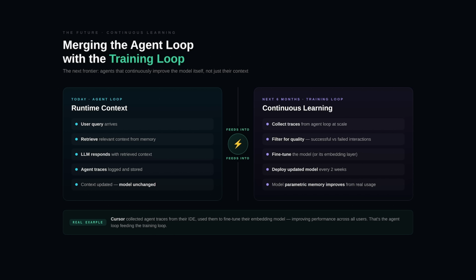You're more thinking, how do I get the right information out of this agent loop that I can then pass into my training loop of the actual model, and I could then replace it maybe 2 weeks down the line, because now I've retrained this model and the core latent memory aspect of it that allows it to work efficiently has been improved with the new data that I've just collected.